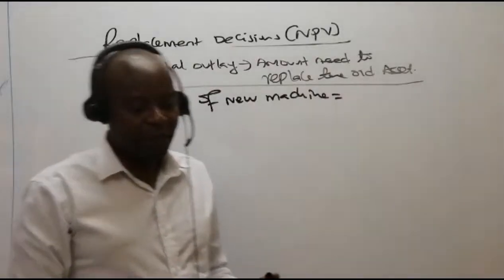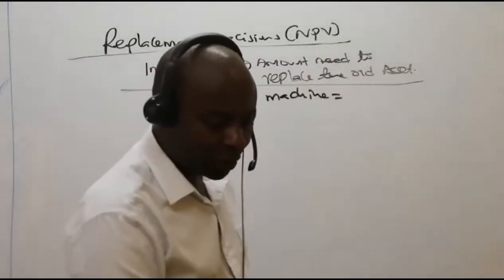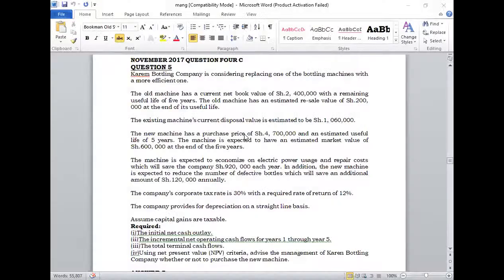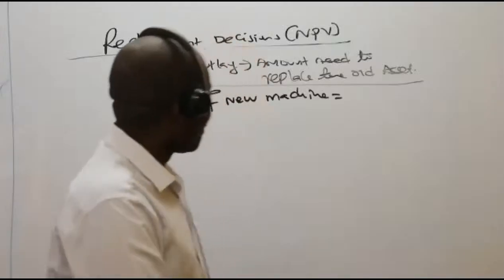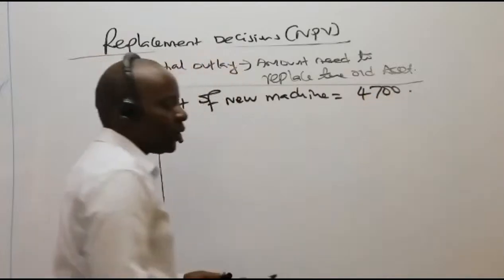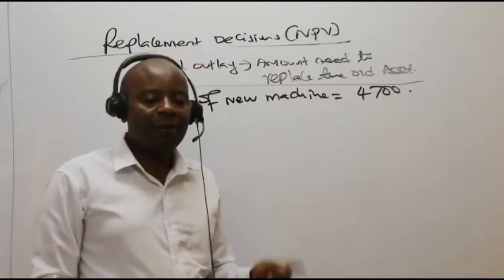The cost of the new machine. What do we have here, somebody? The cost of the new machine, ladies and gentlemen. You can see the new machine has a purchase price of 4,700. So in this case, the cost of the new machine is 4,700. Remember that straight away,